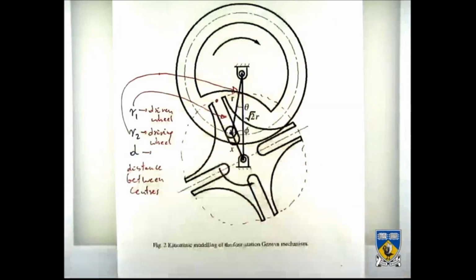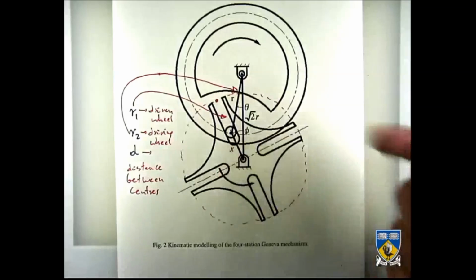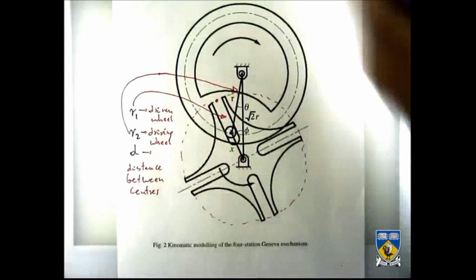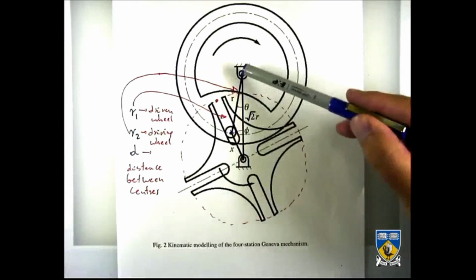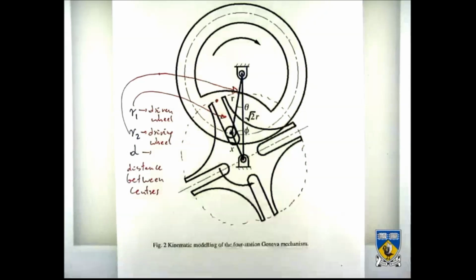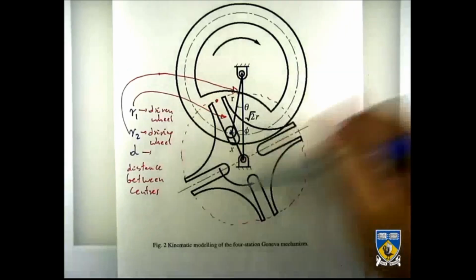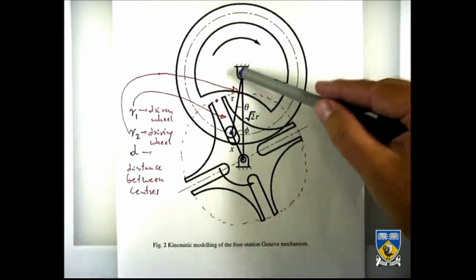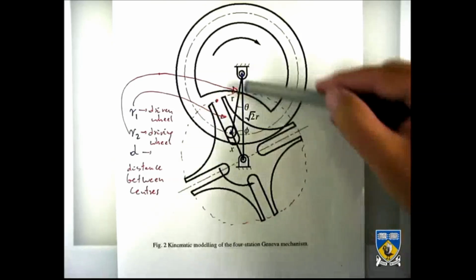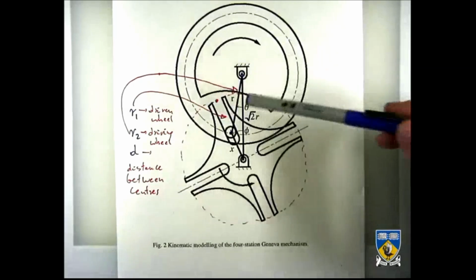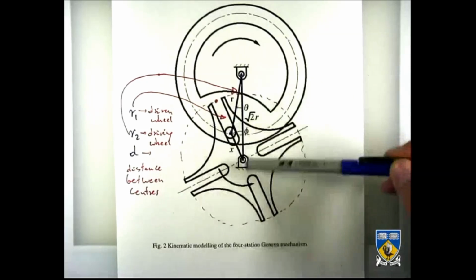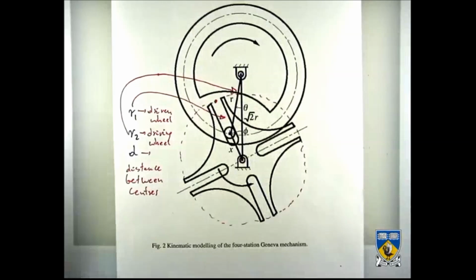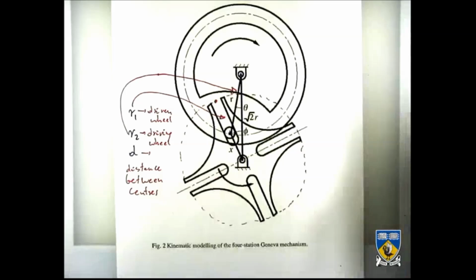So, how do we deal with this triangle? So now we are doing a kinematic analysis of position, velocity, acceleration, so we have already designed the mechanism. So we know the dimensions, so we know the radius, we know the distance, and we need the relationship between input angle and output angle. So we are using this triangle, and